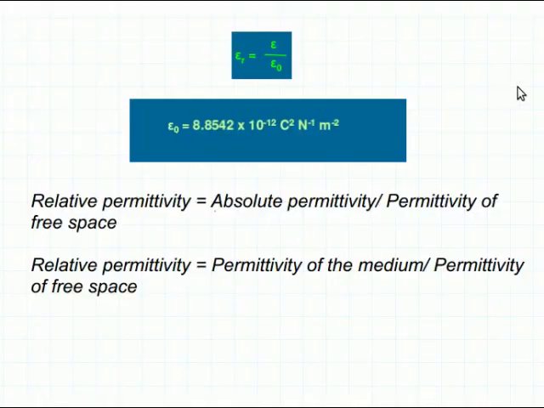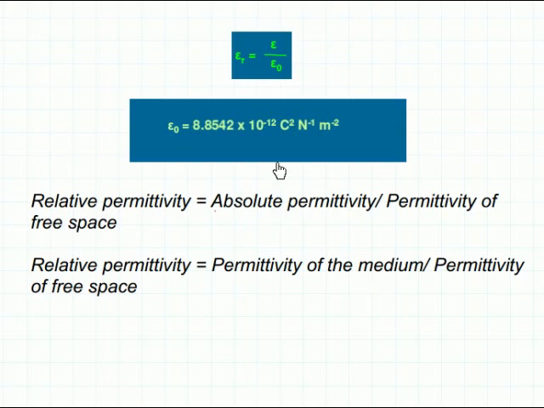Another interesting aspect of this equation is the value of epsilon r. So what is epsilon r? Epsilon r means it is the relative permittivity. Epsilon is absolute permittivity. So here epsilon r is equal to epsilon by epsilon 0. And what is epsilon 0? We have already seen that epsilon 0 is equal to 8.85 into 10 raised to minus 12. Then what is epsilon? Epsilon is called absolute permittivity or also permittivity of the medium.